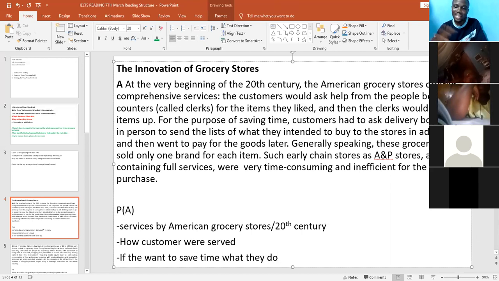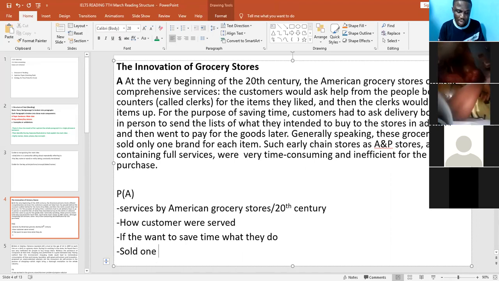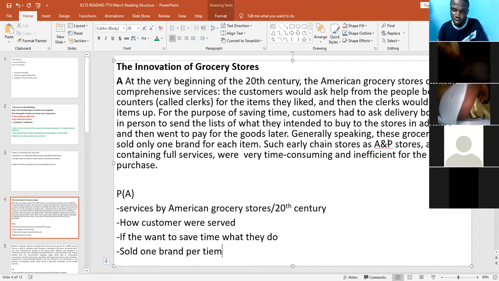The only thing is that when I highlight this, when I'm looking for the answer, I know where it is. Generally speaking, this grocery store sold only branded items, one brand per item, period. Such early chain stores, as an example they gave,